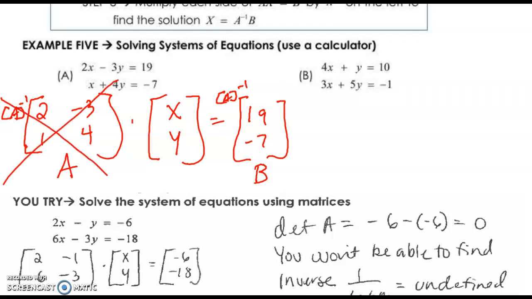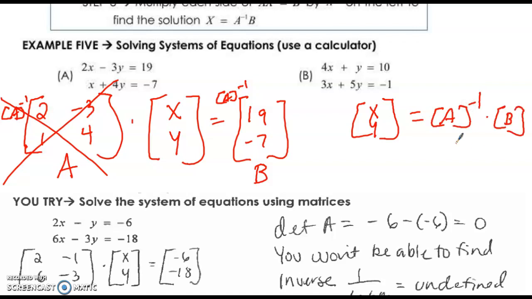Okay, so what we're going to do is we're just going to throw this into the calculator. So it's going to be x, y equals a inverse, which the inverse of a we can just write in the calculator as a and then inverse, times and then b, if we put them in right. So let's do that